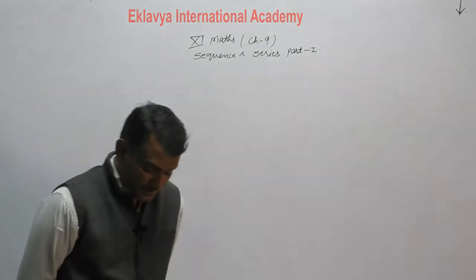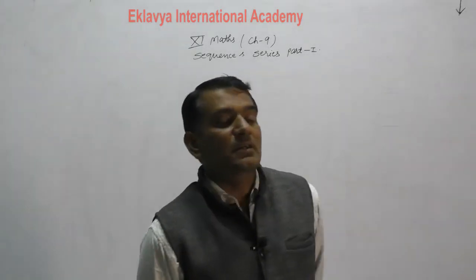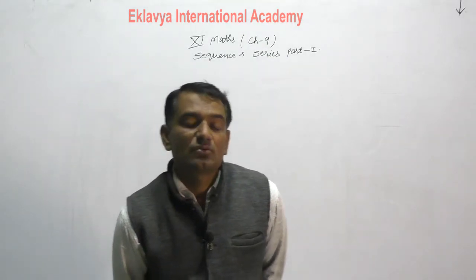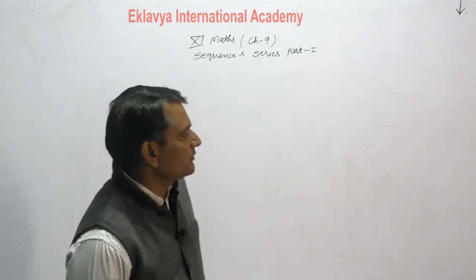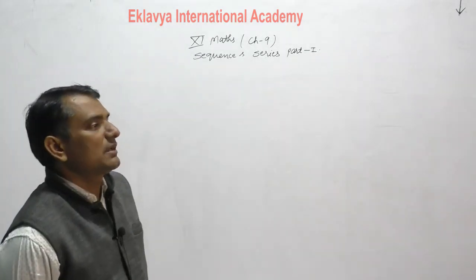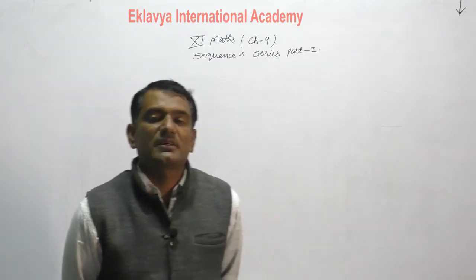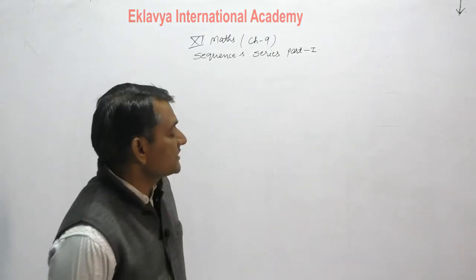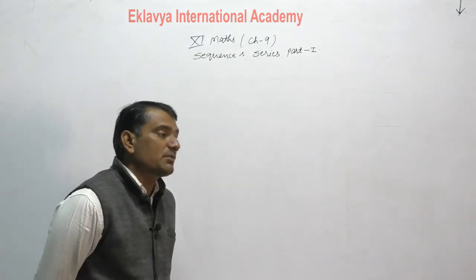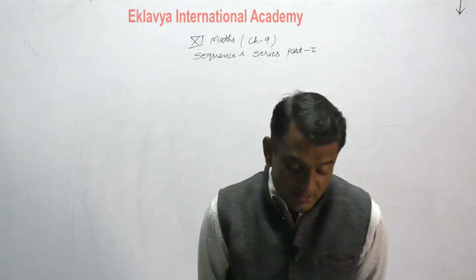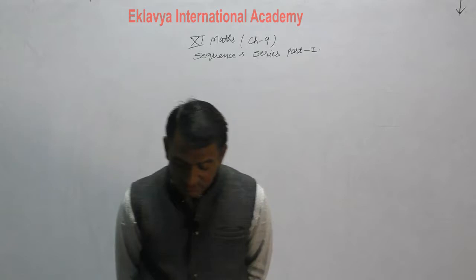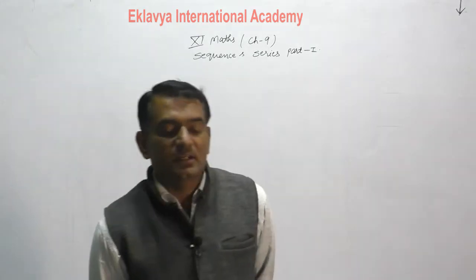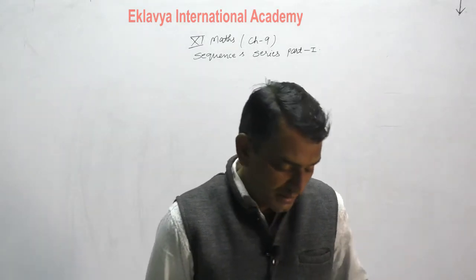Now come to our topic. Guys, in 10th class you have studied arithmetic progression, that is the arithmetic sequence or arithmetic series. Whenever the terms are connected with plus or minus, they are known as series. Otherwise, if they are separated by commas, they are known as sequence. So progression is a sequence. Now we will discuss arithmetic progression and geometric progression. These two series are there, and special series we will discuss in this chapter.